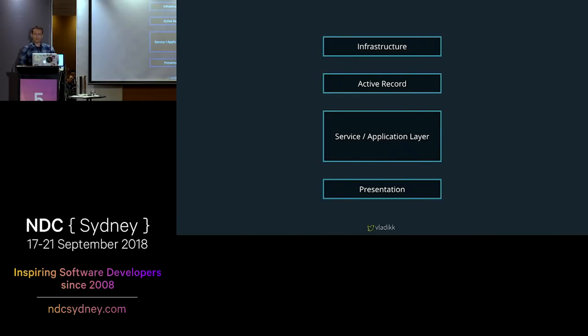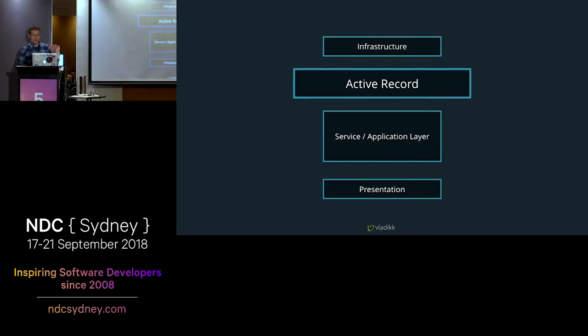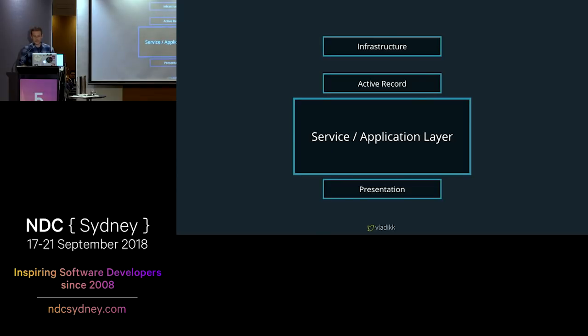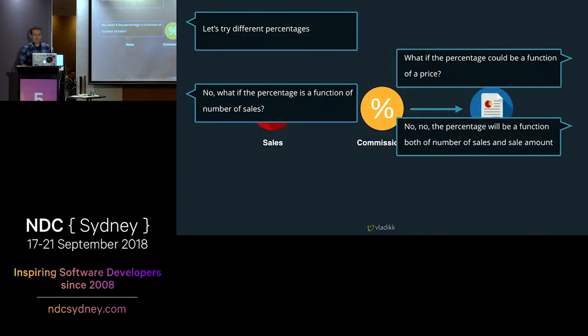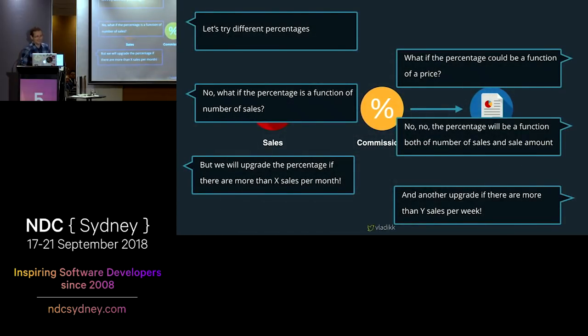Therefore, again, we didn't go crazy over its design. Just some active record objects orchestrated by a big service layer. Once this process became automated, boy, did everyone become creative about it. Our analysts wanted to optimize the shit out of it. They wanted to try out different percentages, and they wanted to make them functions of sales prices, they wanted to unlock some additional commissions based on some business goals, etc.